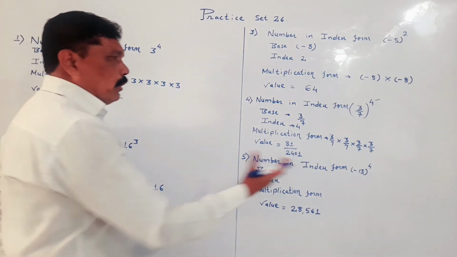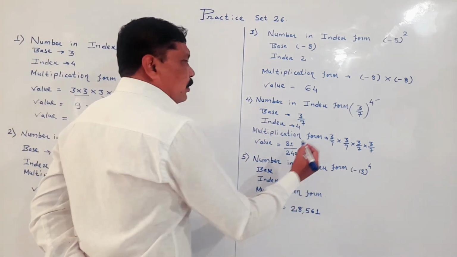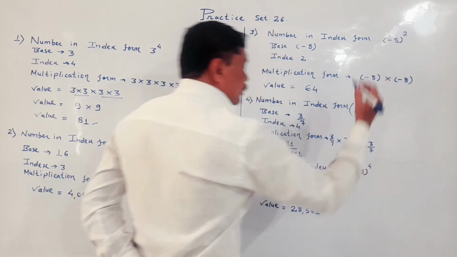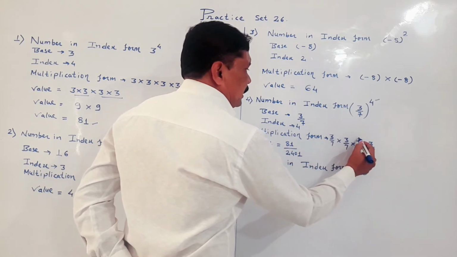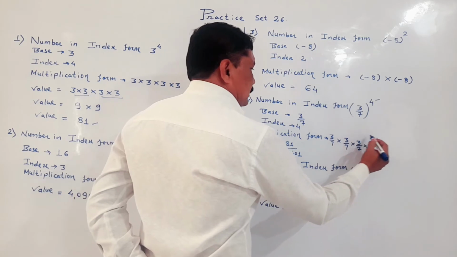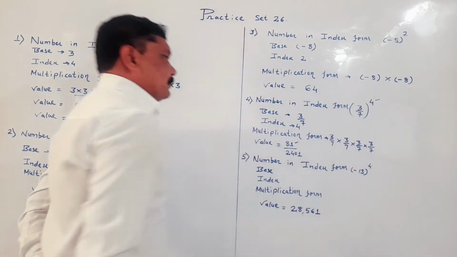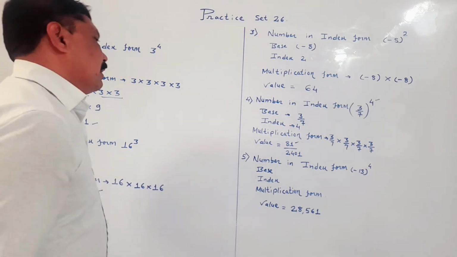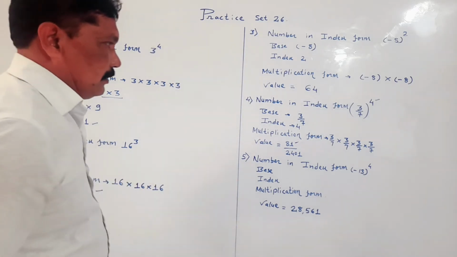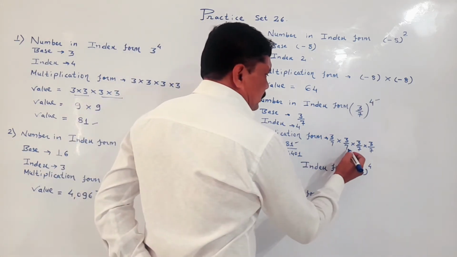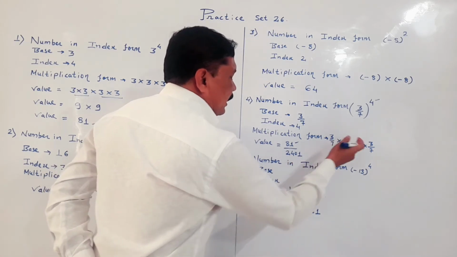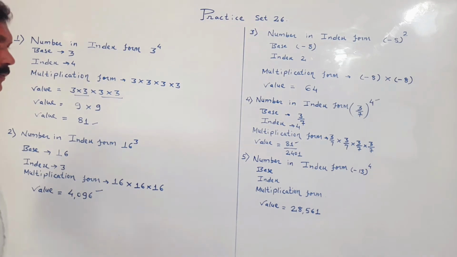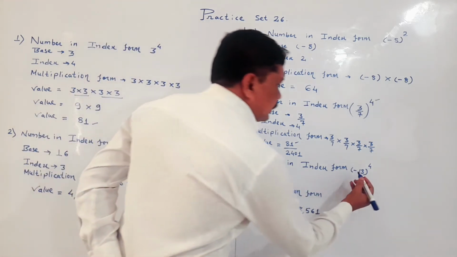Now my dear student, if you want to find the value, we have to multiply all the numerators and all the denominators. 3 into 3 into 3 into 3, 3 3s are 9, 3 3s are 9, 9 9s are 81. So we have taken 81 in the numerator. Now the denominator we have to multiply. 7 7s are 49, 7 7s are 49, 49 into 49 gives us 2401 and that we have taken in the denominator.